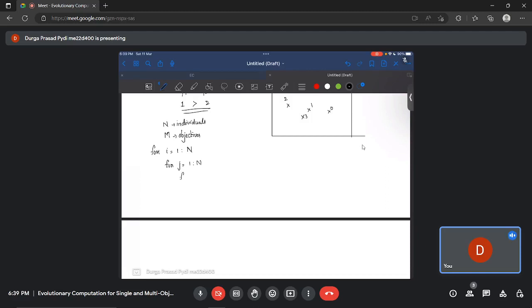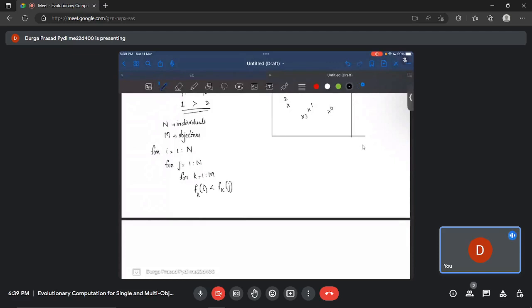Then you have another loop which iterates over your number of objective functions, and now you compare each one of them. Say if f is your function, fk gives you the kth objective function, and fk of i is less than fk of j. In that particular case,